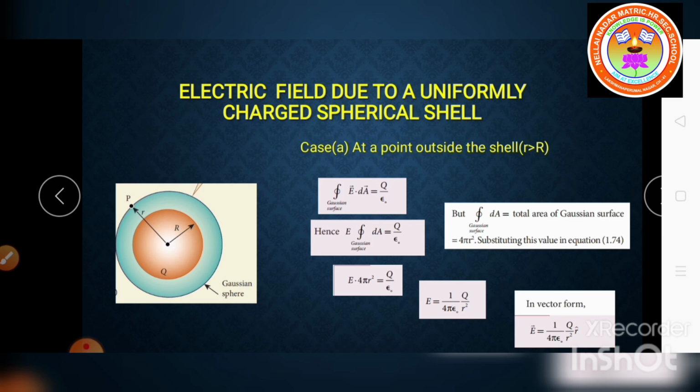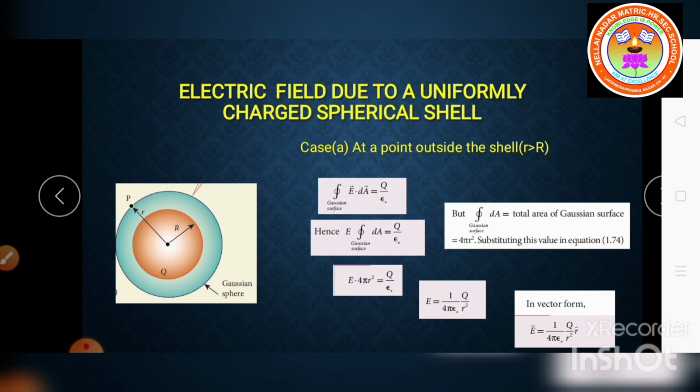So listen children, if you see this equation, the electric field at a point outside the cell will be the same as if the entire charge is concentrated at the center point of the spherical cell. See this formula? The same formula we already studied for what? Due to the point charge. Okay, the electric field due to the point charge. So we can say that when all the charges are concentrated at the center, we also have the same formula. Okay, understand children?